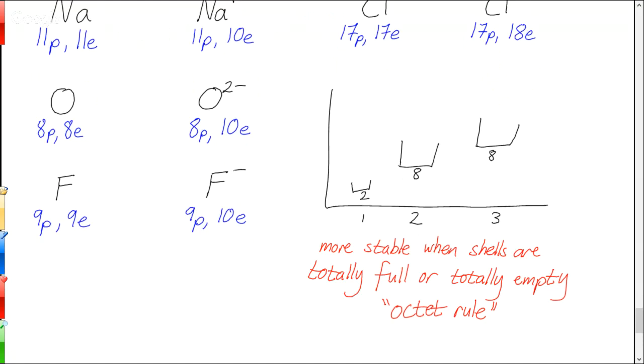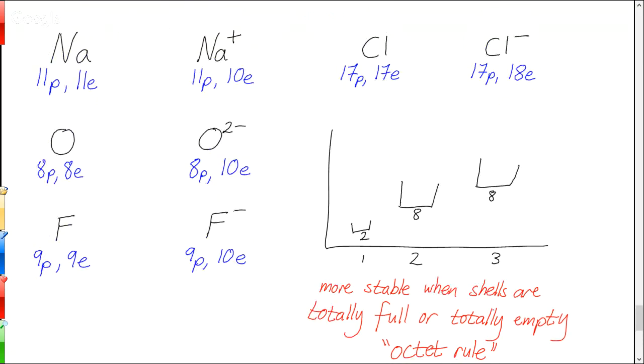So there's special stability when that can happen. And the really powerful thing about this concept is it allows us to predict what types of ions things will form. So I just told you up here a bunch of ions that are really common, like sodium makes a +1, and oxygen makes a -2, and fluorine makes a -1. But there's no need to memorize all that stuff. We can figure that out just by thinking about the shell numbers. So it works like this.